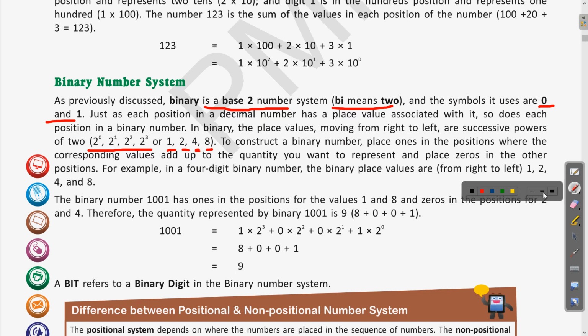Okay, so here it is 1001. All of these are having the positions. The position of the right one is 2 to the power 0. Is it clear? Then the next one is 2 to the power 1, then 2 raised to the power 2 and 2 raised to the power 3. So here you can see, as the base of this number system is 2, the values are increasing by the powers, that is 0, 1, 2, 3, and multiplied with the position of that.